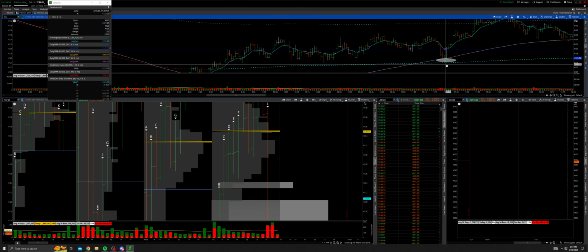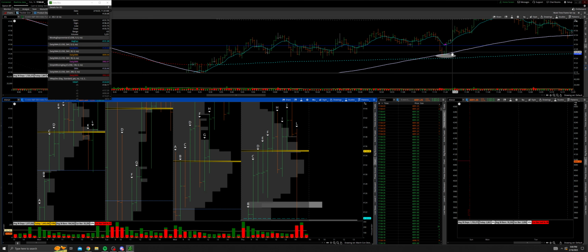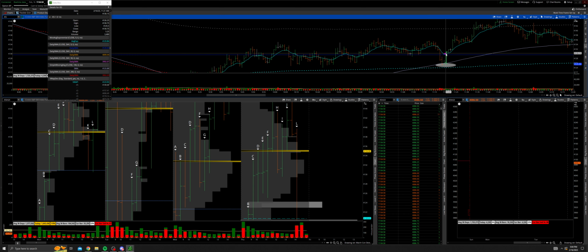VWAP, volume weighted average price, was right there at 41.23. So a lot was lining up for the buy side, with all these buyers up here and sellers up here. Sellers were getting paid on the way down, buyers were liquidating, and then people like myself, we stepped into the market at the 144 against a set of single prints, against D's low, and we began to buy this market up. So I bought it up, and then as it rotated up from 25 and 26 to 30, I exited my trade out of all four, back into this 9 EMA, where a lot of times it's my target